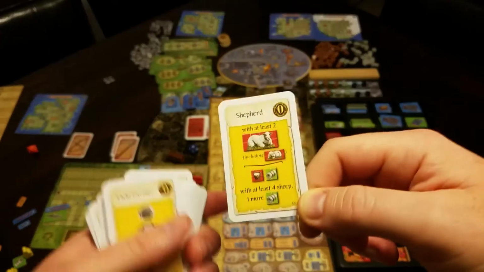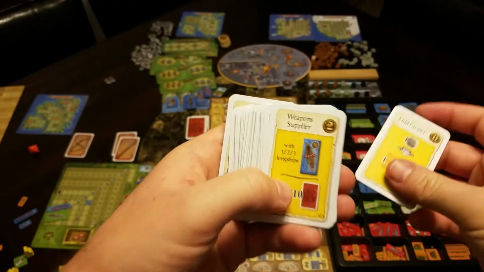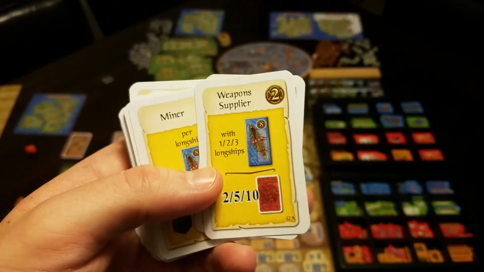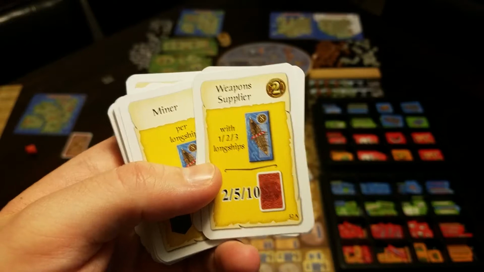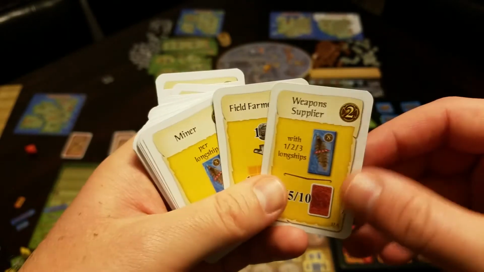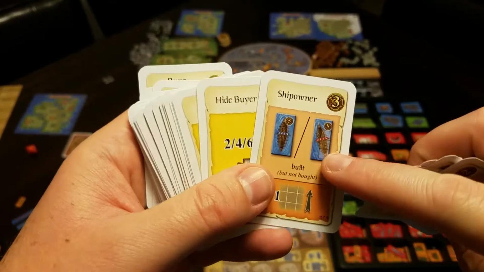So I do that, play it, and then it's just discarded, okay? I think all the yellows, well, this yellow's worth 2. So how's that work? 1, 2, 3 long ships. Get 2, 5, or 10 weapon cards? Wow. So I guess you keep it in your space because they could be worth points at the end of the game. So the oranges